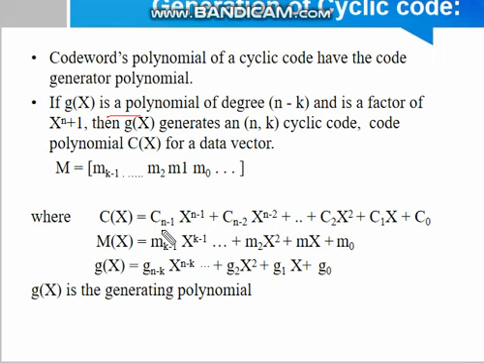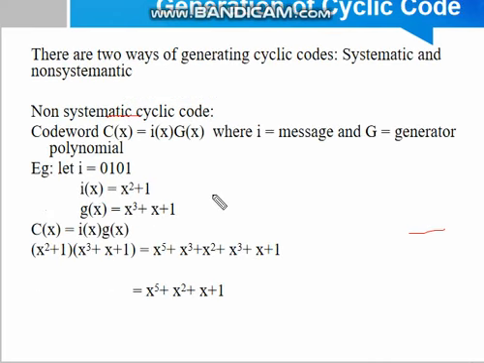word, so we represent it as c_{n-1} multiplied with x^{n-1} plus c_{n-2} multiplied with x^{n-2} up till c_1 x plus c_0 in the polynomial form. Similarly, m(x), that is the message, is also represented in the polynomial form, as well as the generator polynomial is given as g(x). Here, there are two ways of generating